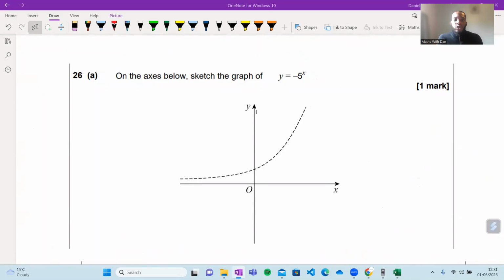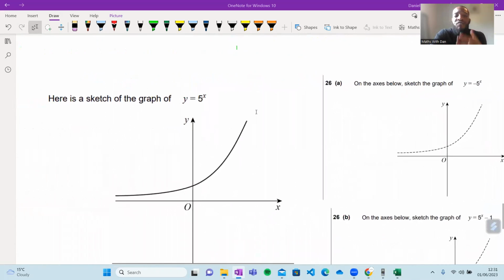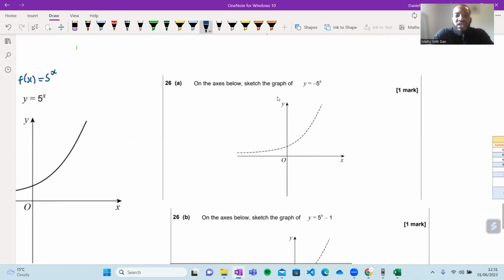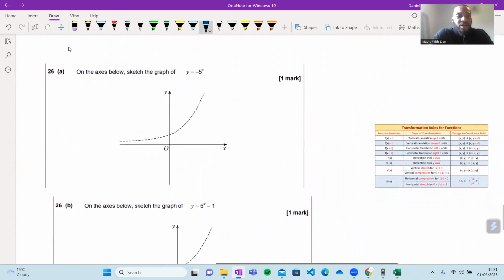Whenever you're doing these types of questions, you know it's a graph transformation question because it's very similar to the original function they've given us. But before you even get started, you want to change your y's to f of x. You're going to write the question in function notation and you'll see why. So we've got y equals f of x. Instead, I'm going to say f of x is equal to 5 to the x. All you're going to do with these questions is very straightforward.